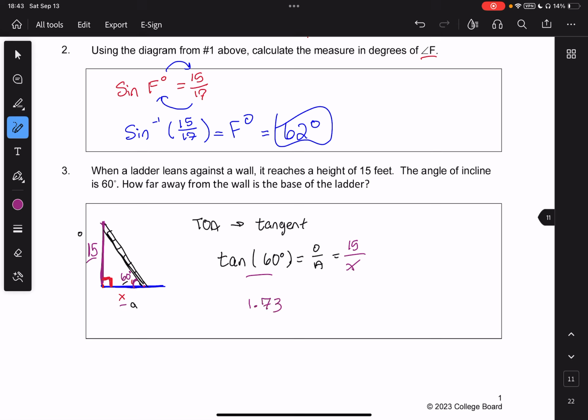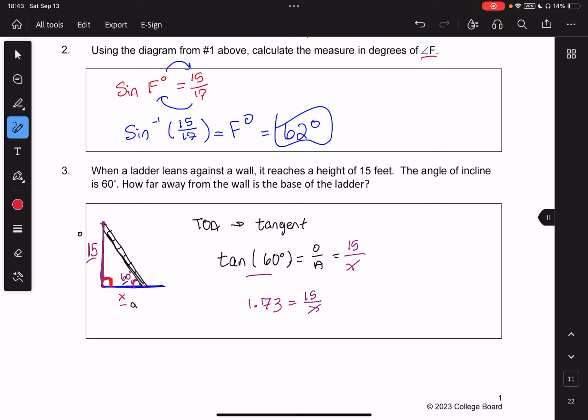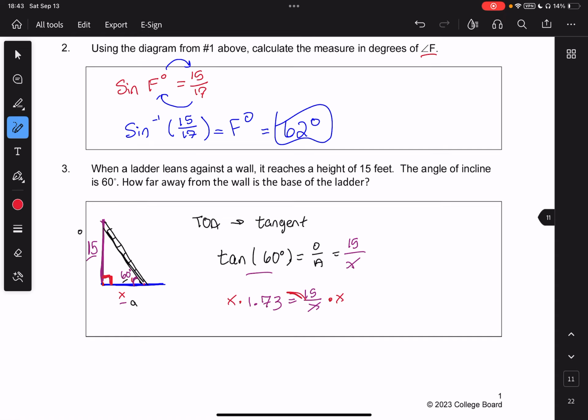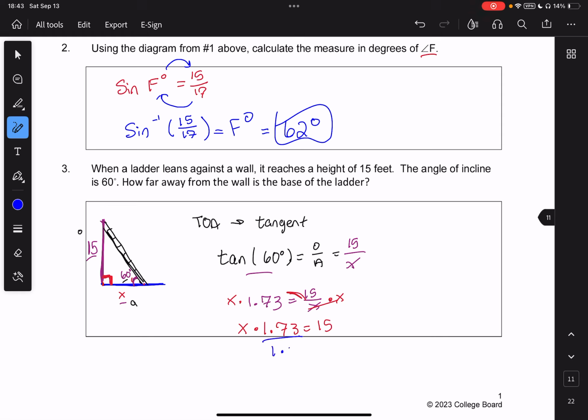1.73 is equal to 15 over x. So we multiply this side by x, and we multiply this side by x to get x times 1.73 is equal to 15. Now, we want to get x alone. So to get x alone, we're going to divide both sides by 1.73. We get x is equal to